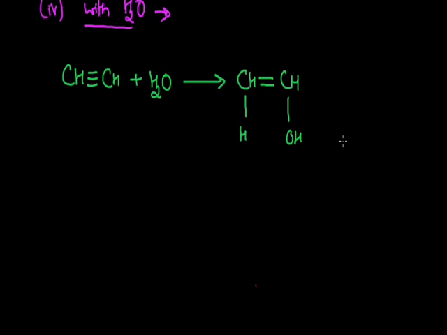So this formed molecule, due to the presence of the OH functional group, is an alcohol, and due to the presence of CH double bond CH, this compound is commonly termed vinyl alcohol. This vinyl alcohol can further be converted into an aldehyde. By the rearrangement of atoms, it can be converted into acetaldehyde with the formula CH3CHO. So for the formation of acetaldehyde, we can take acetylene as the starting material, and by the addition of water on this acetylene, we can finally get the aldehyde. So that is about the addition reaction.